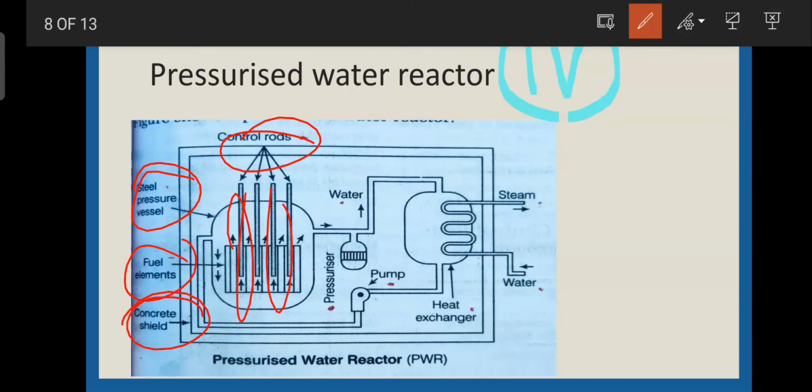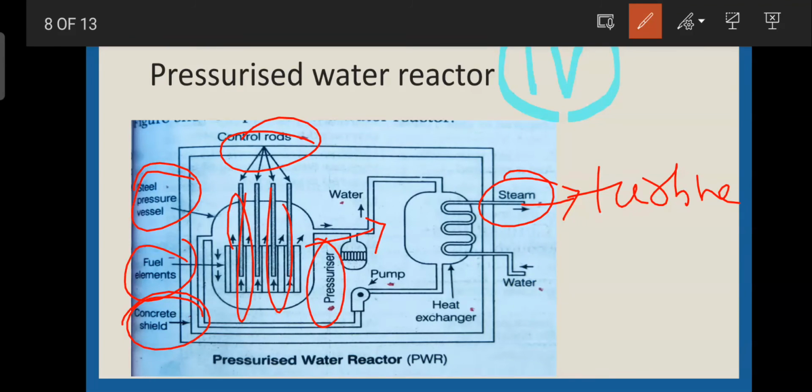The pressure vessel is here, and high pressure steam will blow up here, and this steam will run our turbine, and this steam after running the generator